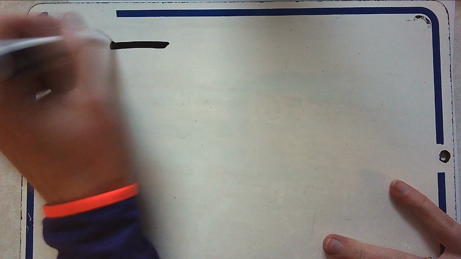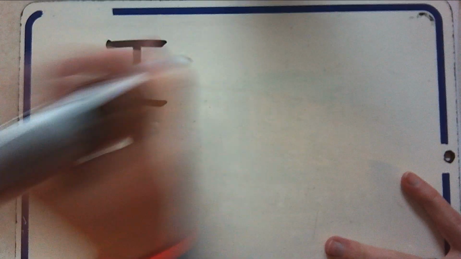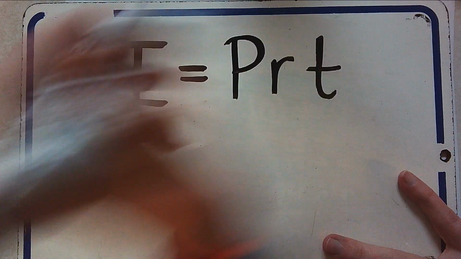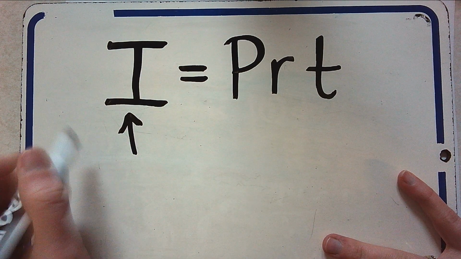For today's video lesson, I'm going to just be reviewing your simple interest notes and doing some examples with you over simple interest. Before I jump into some examples, I just want to really quickly remind us that the simple interest formula is I equals PRT, where I stands for my interest,